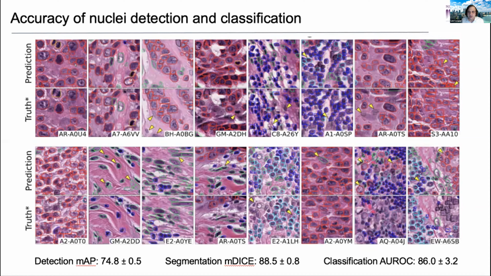One of the things to note is, I'm showing two rows of results here. On the top of one of these rows is the prediction, and then on the bottom is the ground truth. One of the interesting things is that where the algorithm and the human disagree, the algorithm is not always wrong. There are a lot of cases where the algorithm will pick something out that doesn't exist in the ground truth, and so it'll be called a false positive, for example. Right here, for example, you have these stromal cells that have been detected by our algorithm. Those were missed by our human annotators. They just weren't annotated for some reason.